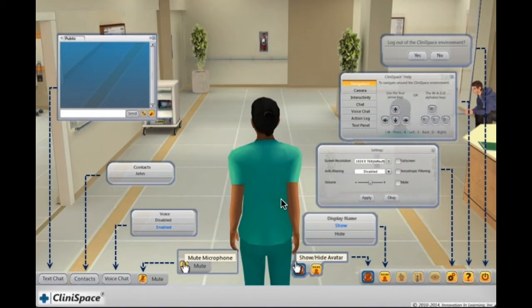There are three kinds of interactions in CliniSpace. Basic interactions is the first one, and it has to do with these buttons at the bottom of the screen. The first one is text chat, and when you click on that, it pops up a window that looks like this. You enter what you want to say by typing into the white box, and it will show up here